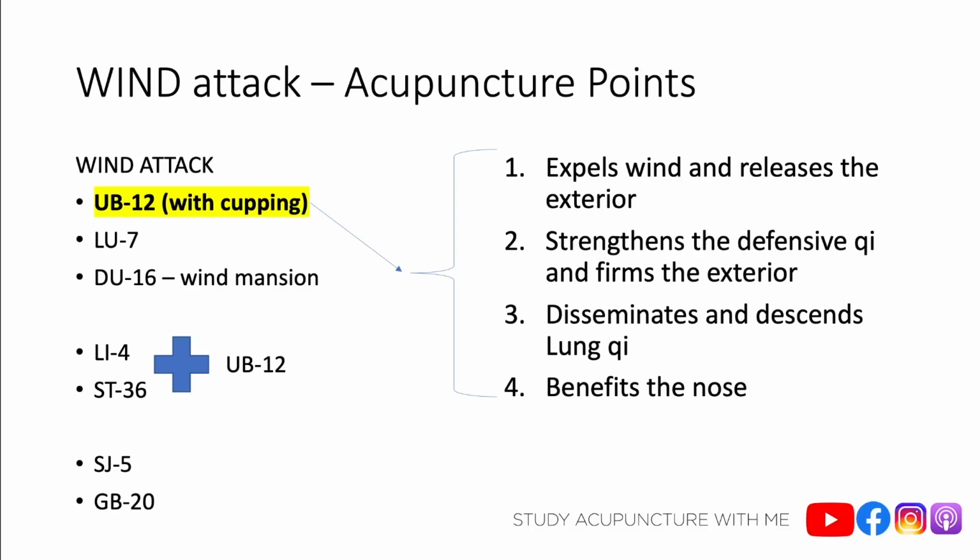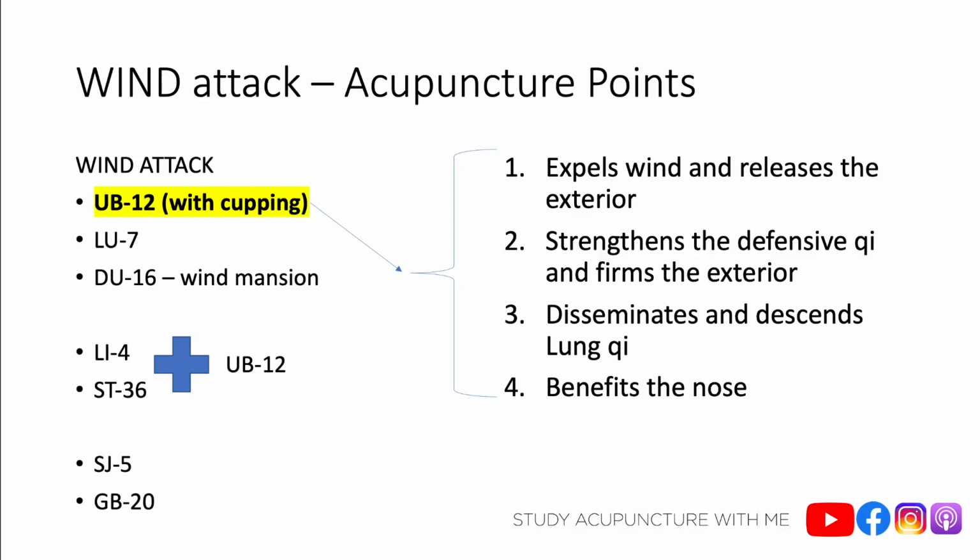And then lastly, we have gallbladder 20. So for this, remember we talked about those 3 points, right? And we can do some imagery here. We can do some loci memorization just as practice. This is where you use locations to try and memorize things. And this is really helpful in acupuncture just because of all the different acupuncture points and the numbers. It can be hard to memorize. So using loci memorization techniques can be really helpful. So remember those 3, right? We talked about UB12,